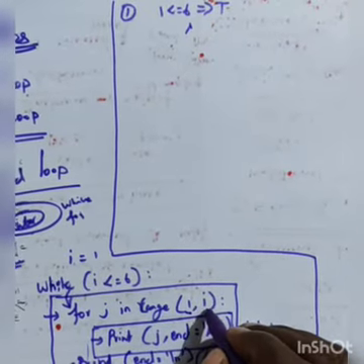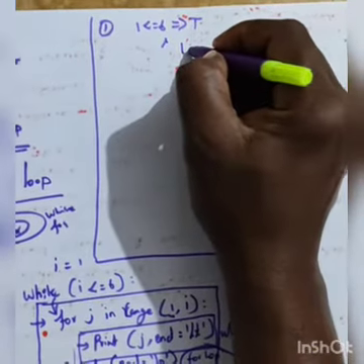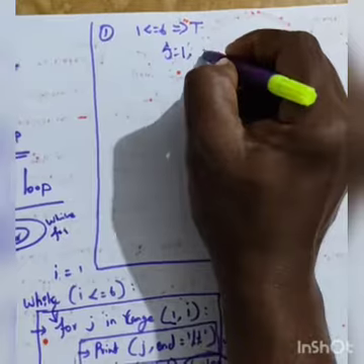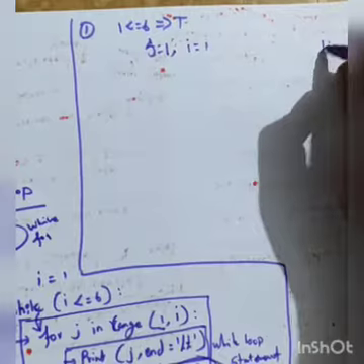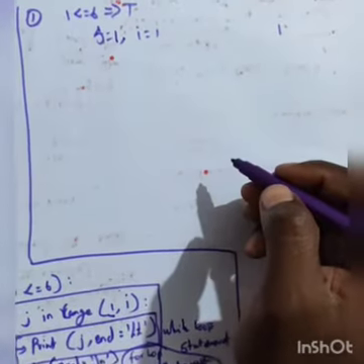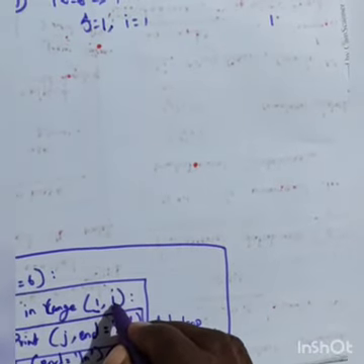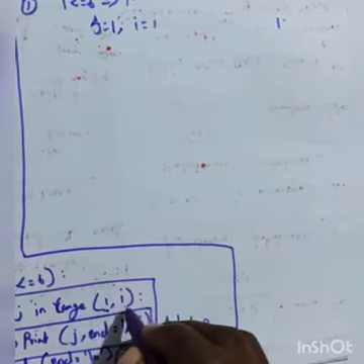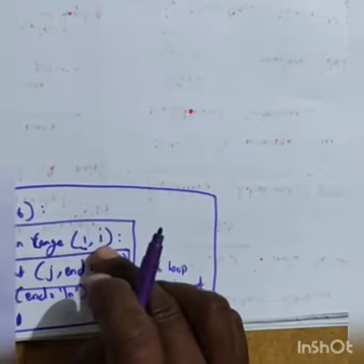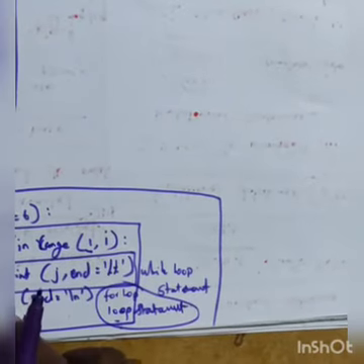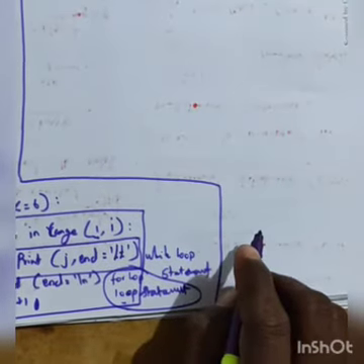The ending value is the i value, which is 1. So the starting j value is 1 and the i value is also 1. Now you print 1. Okay, now what is it checking? After printing the value, there is no more checking. It moves to the second statement. Second statement means the second line, which is the newline. Okay, the cursor waits there.